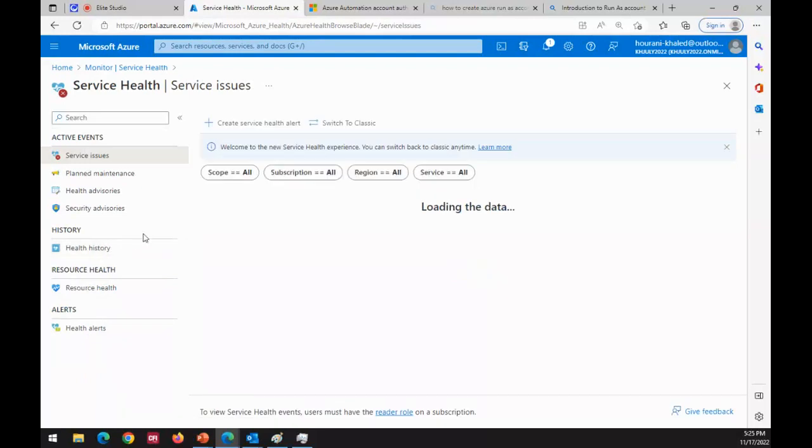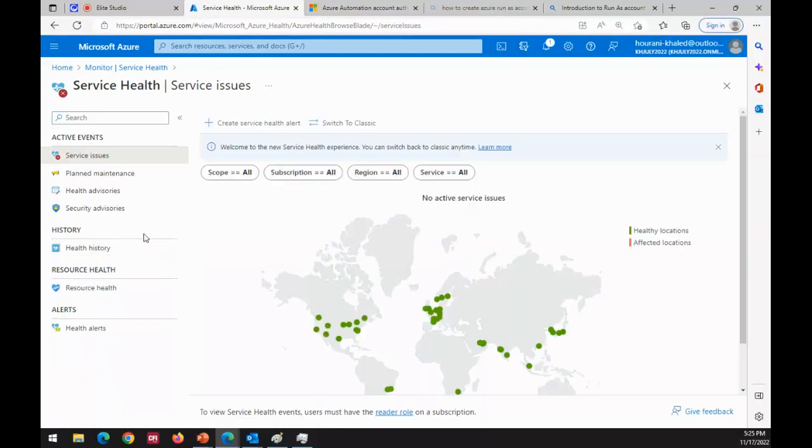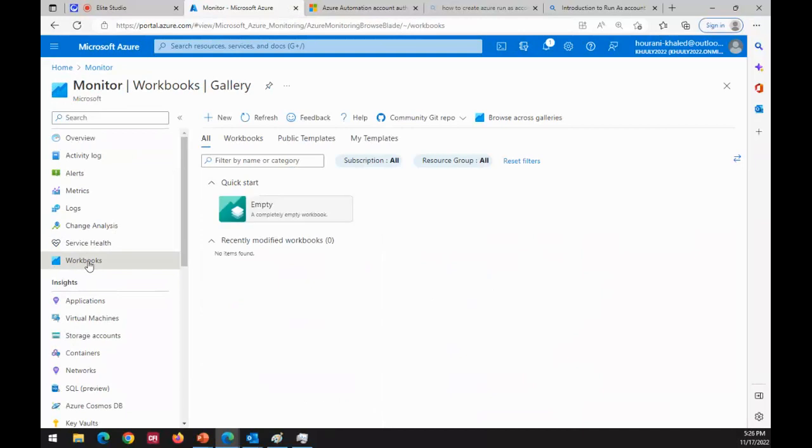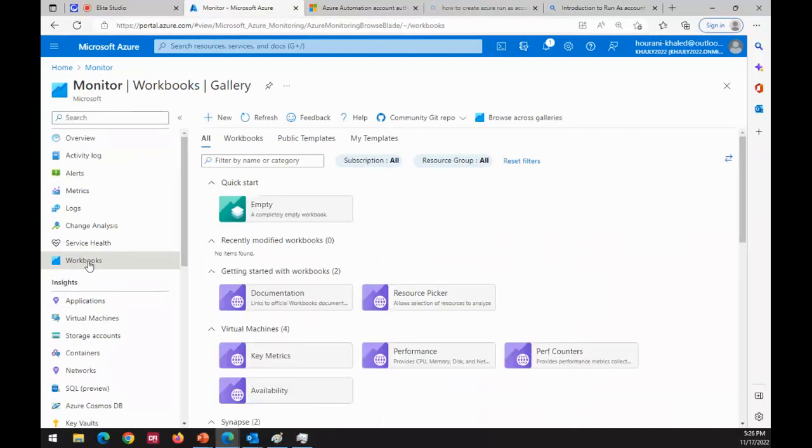It shows or gives you the health of the device you're looking for. We'll go to monitor again and see the workbooks. The workbooks are something very interesting because they are like an automation based on the metrics that run to do something. Like if the CPU usage goes high in a virtual machine or in a virtual host,